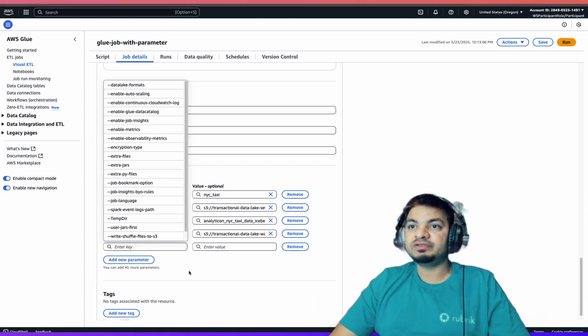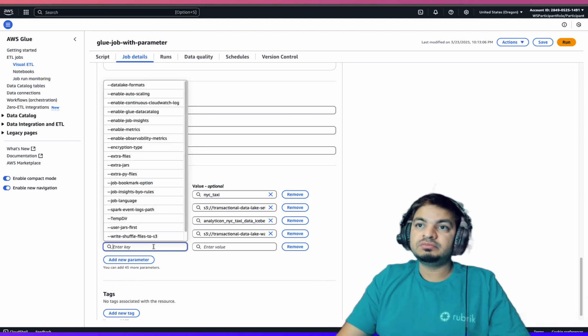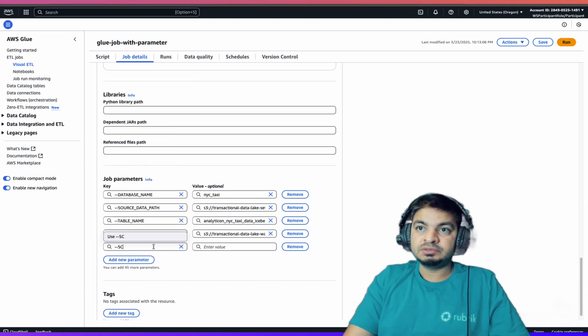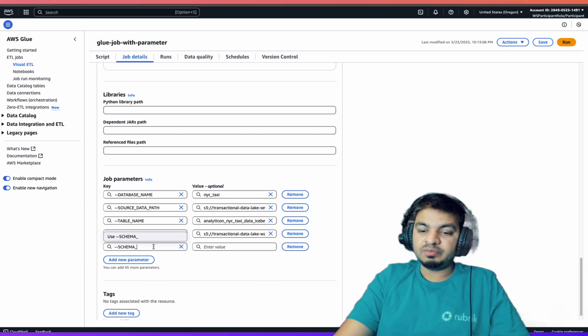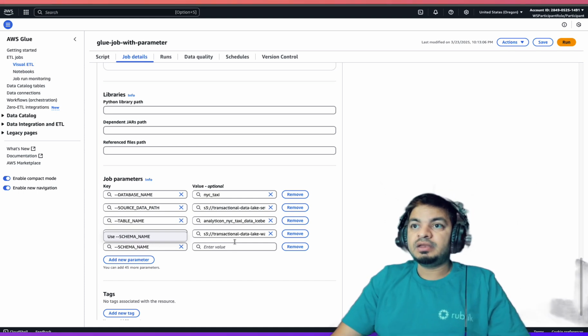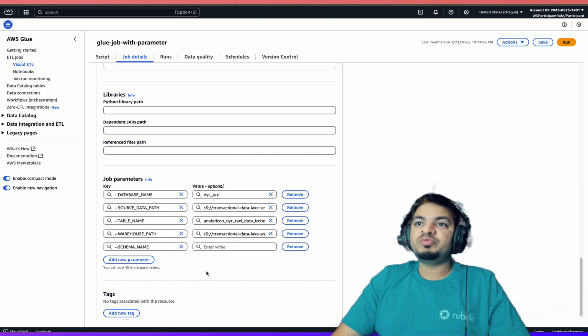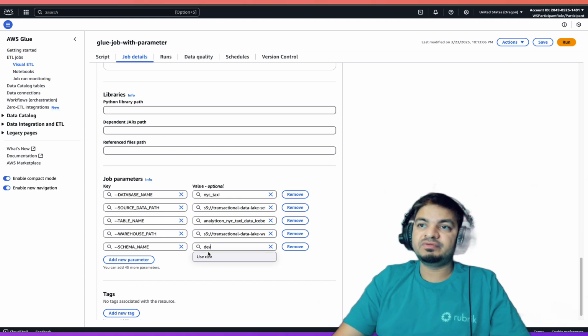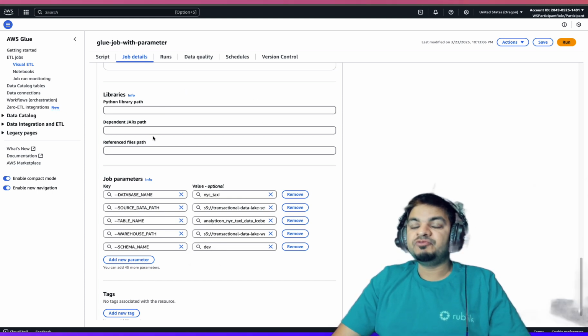Let's say I want to have this key as maybe schema name. I'm not providing any value or anything as such, I will just keep it optional. Or maybe I just call it def, so this way it will be easy for you to visualize. So I will be calling it schema name as def. So if I go here and save this job,